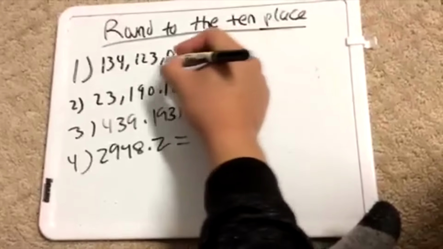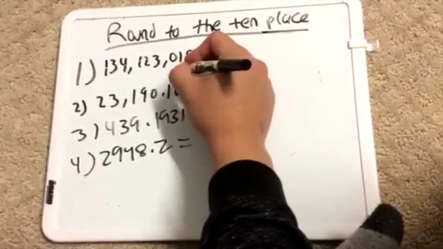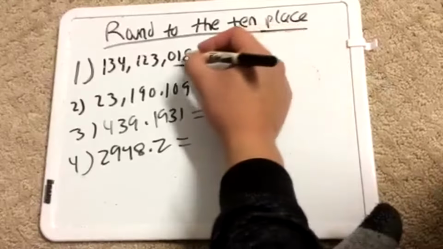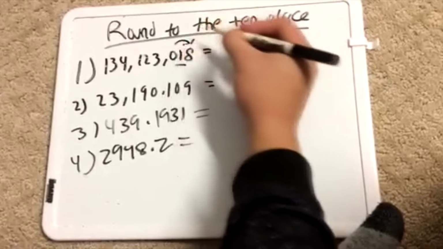So for number 1, we know that the 1 is in the tens place, so you would look over to the ones place. If it's 5